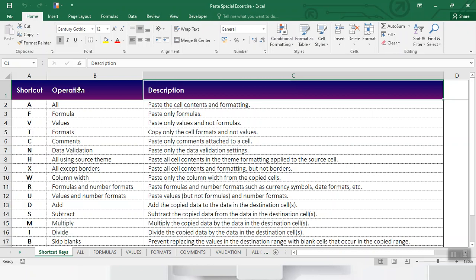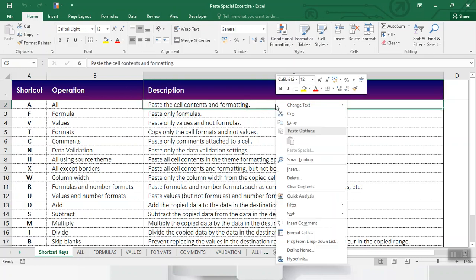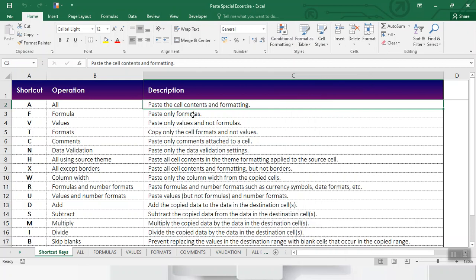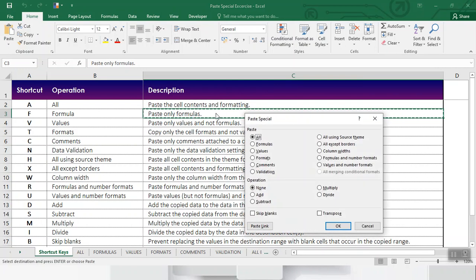We can access its features via the ribbon like this, and right click, copy, and then click the menu. The keyboard shortcut is Alt E S, and you can also press Control Alt V. Here the paste special dialog box is opening. This is the paste special dialog box.